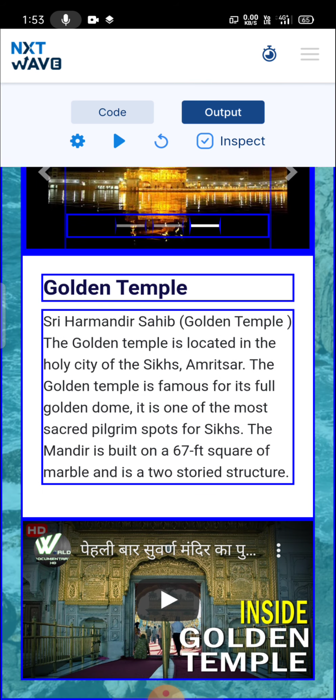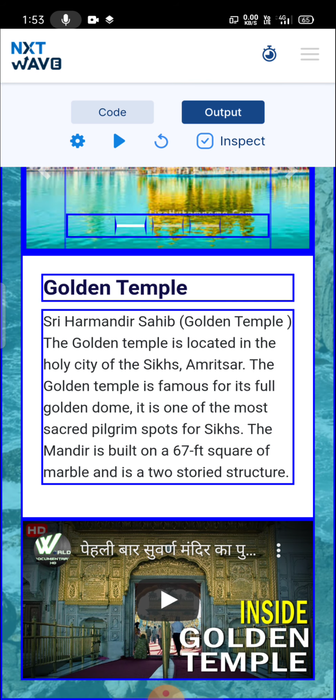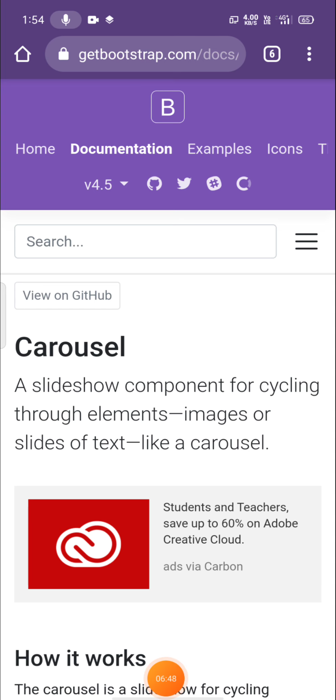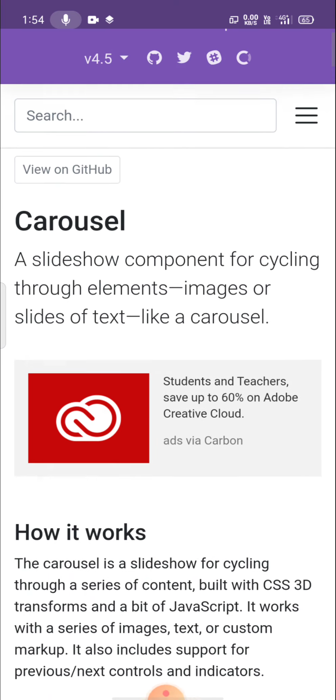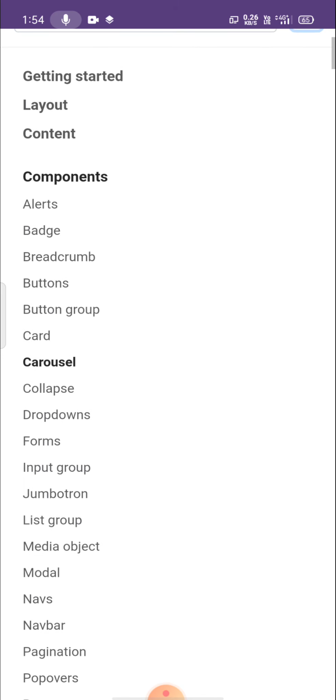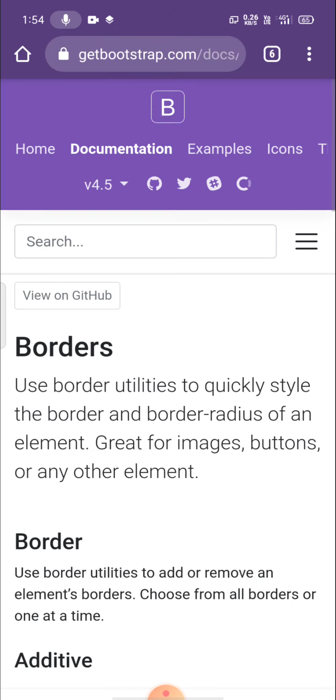Now we will see how to get the YouTube video in our web page. How to add a YouTube video in our web page. Similarly, to add a YouTube video to our website, there is predefined code in Bootstrap. Now we will see how to get it. For this, we need to type bootstrap.com/docs/4.5. This will land on this web page. Here there is a menu, and we have to go to utilities.